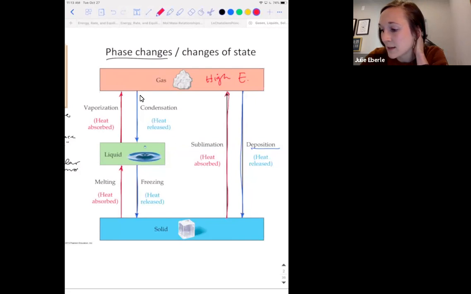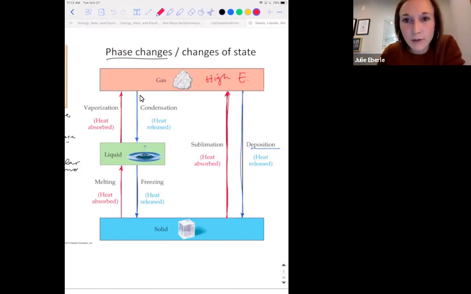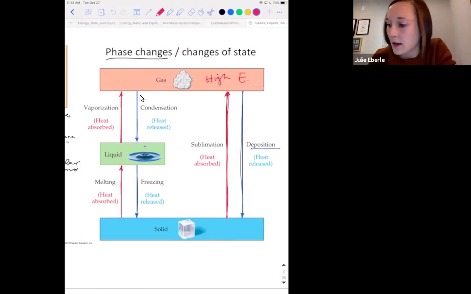Now, can anybody think of an example of sublimation? There's a substance that's relatively common that sublimates. Anybody know what I'm talking about? It's called dry ice. Anybody familiar with dry ice? If you're traveling on a long trip, sometimes large 18-wheelers will be packed with dry ice because it doesn't melt. It stays cold for a long time, but it just gives off a vapor. So look up a YouTube video on dry ice if you're not sure what I'm talking about. It doesn't melt like regular ice. It just sublimates. So that's an example there.